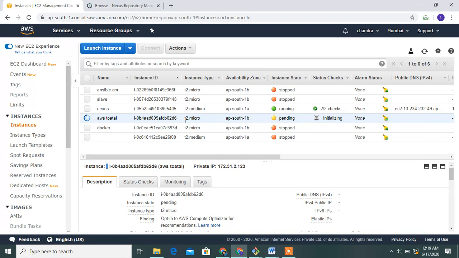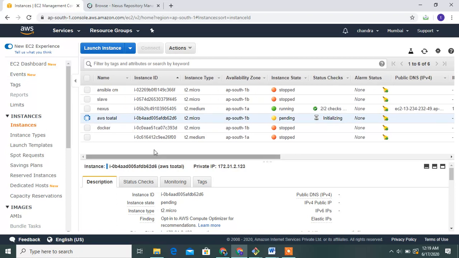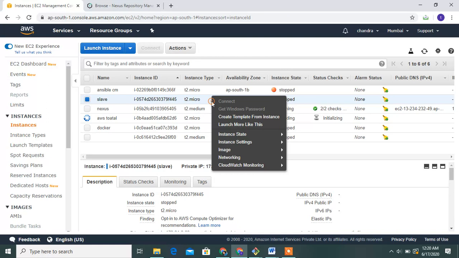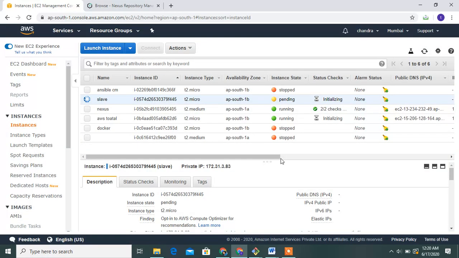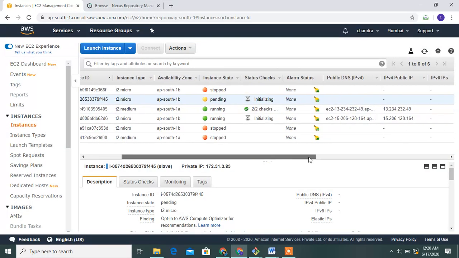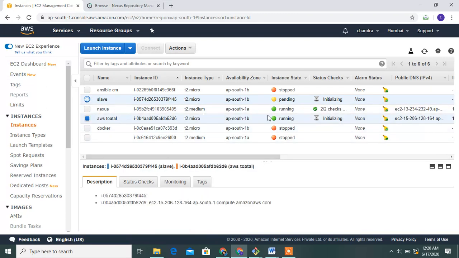Open my Jenkins server and run the server. And then select my Tomcat server also. Run my Tomcat server too. Yes, my Jenkins server is running.